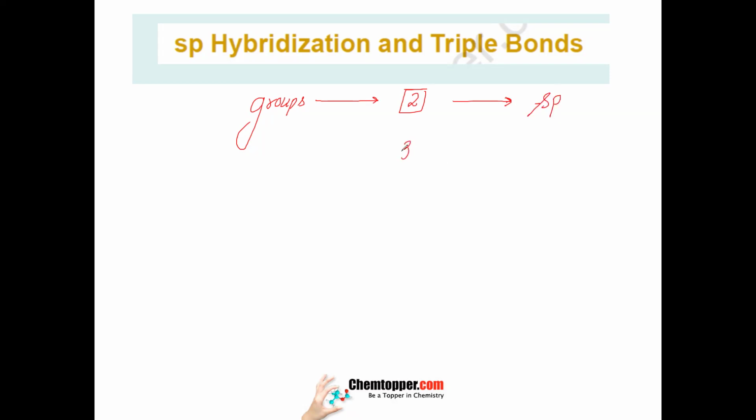If groups are 3, hybridization is, very good, sp2. If groups are 4, hybridization is sp3. Now be careful. If groups are 5, hybridization is